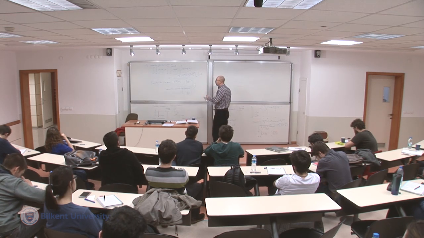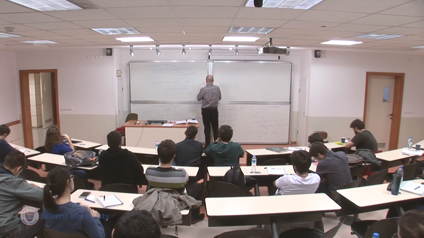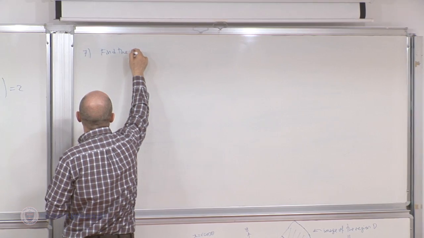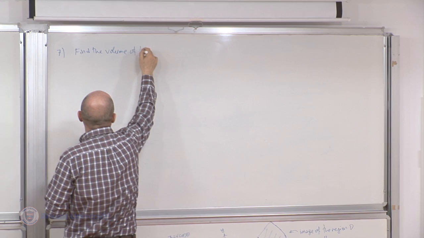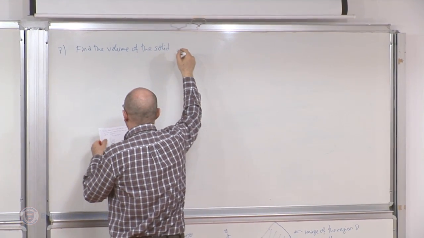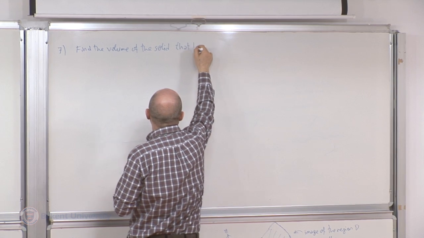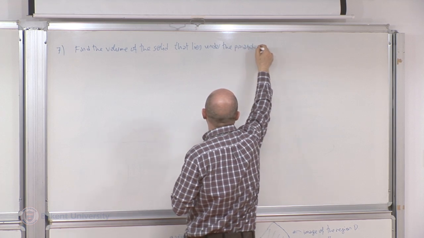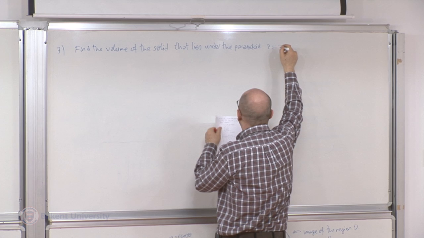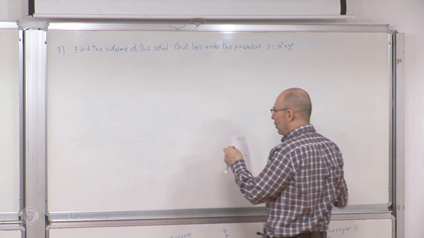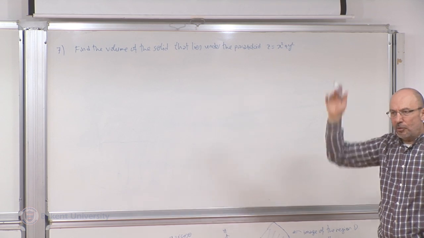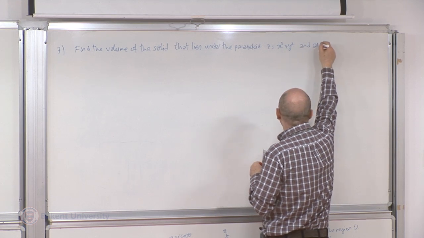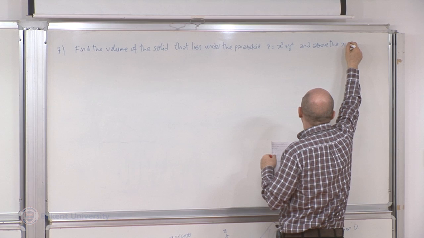Okay, so this problem 7. Find the volume of the solid that lies under the paraboloid z equals x squared plus y squared. Okay, so this is a paraboloid like this that opens up. And above the xy plane